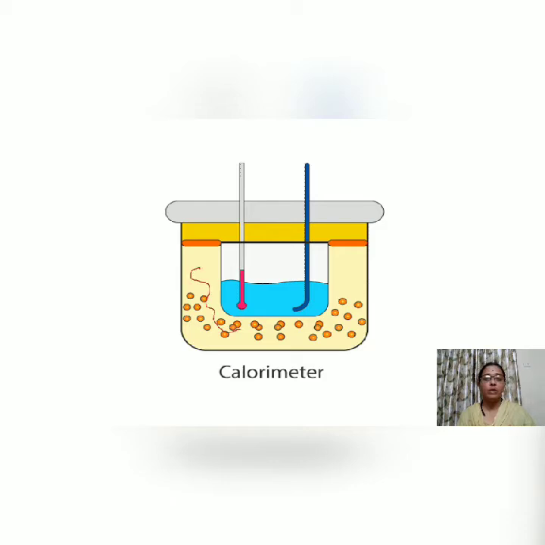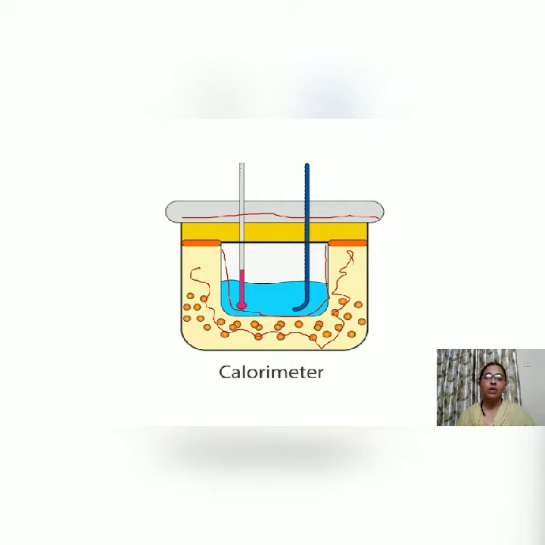This part of the calorimeter is made up of a bad conductor of heat. It can be wood, or foam, or sawdust filled inside. The other thing is a metal container filled with water, a thermometer and a stirrer, and the whole thing is vacuum packed so that air cannot transfer into it. The lid should also be made of a bad conductor of heat, so that heat from inside is not lost outside.